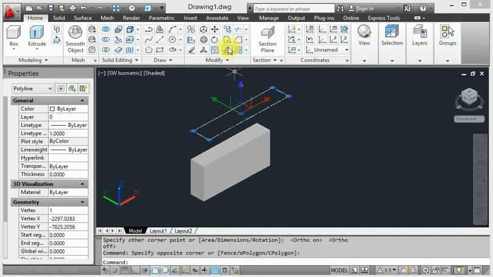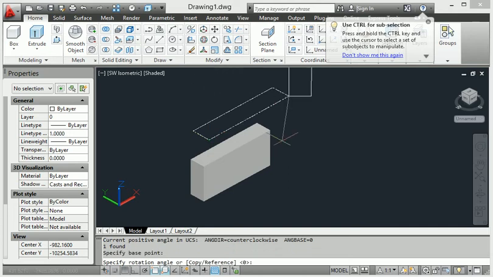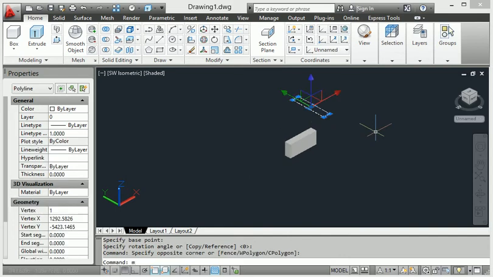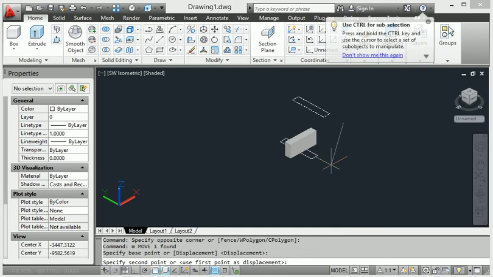When I want to rotate the sketch, if I select this here, the rotate command is not available, so I get this one, which is the rotate command. I use the rotate command and rotate it by a particular distance. Then I select this body, use move, and move it to this area.